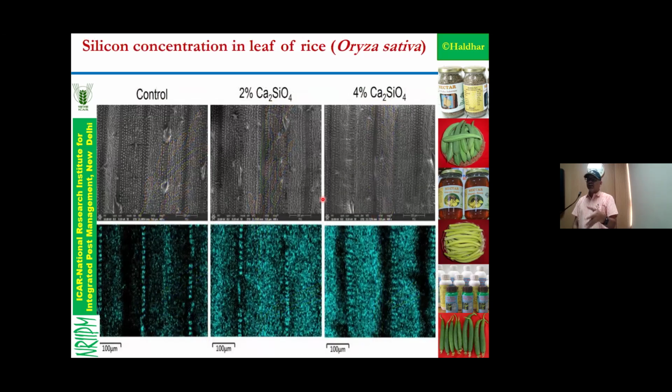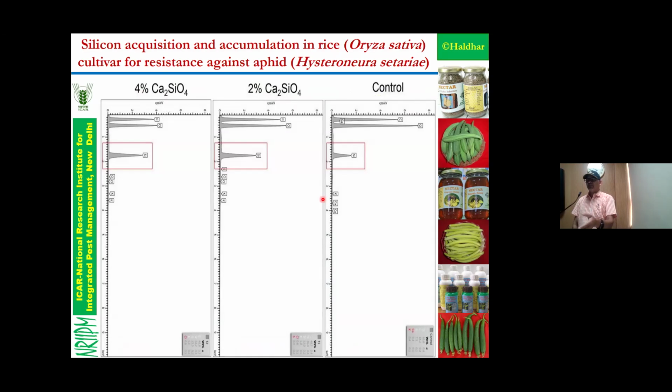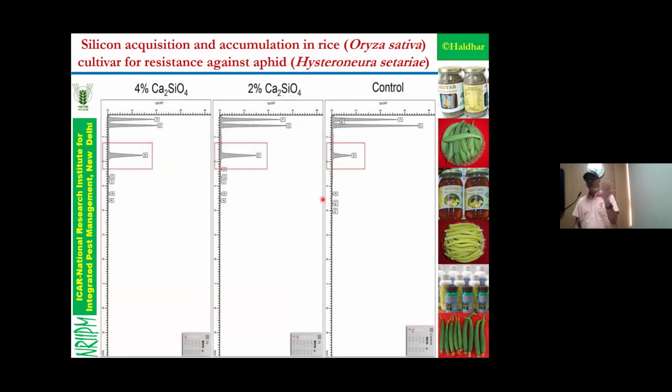You see, we took electron microscope photos, and it is clearly seen that the incidence is there in 2%, 4% and control. It is clearly seen through the electron microscope that silica is there. We also analyzed the highest percent of silica, around 14%. This comes only through electron microscope, sir. So 4% is effective, 2% is effective, sir. 2 and 4 have no significant difference. Some incidence was there in 2%. 4% was looking healthy, only limited, sir.